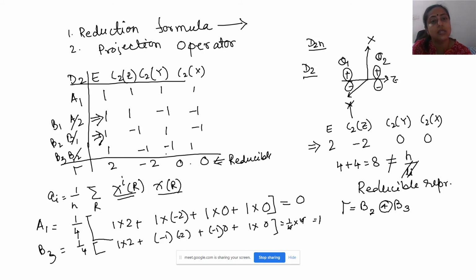We are going to see the application of this reduction formula again for the water molecule, and we will see that by using the internal coordinates as my basis function, how we can formulate a reducible representation, and from there we can find out that the normal modes of vibrations are spanned by which irreducible representation. So we are going to continue from here in the next